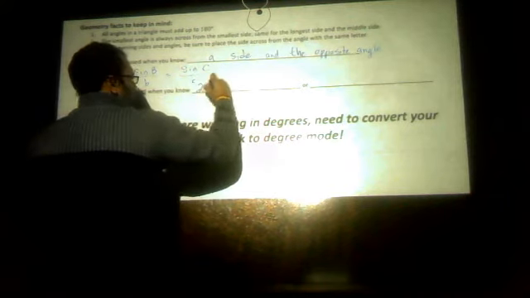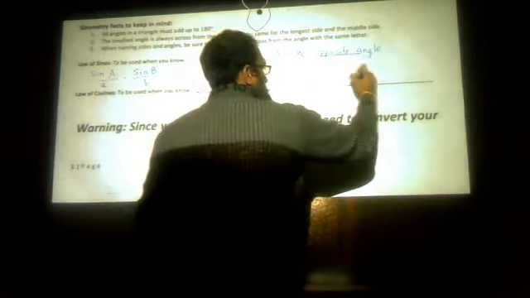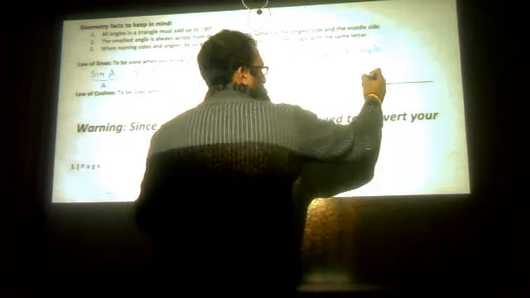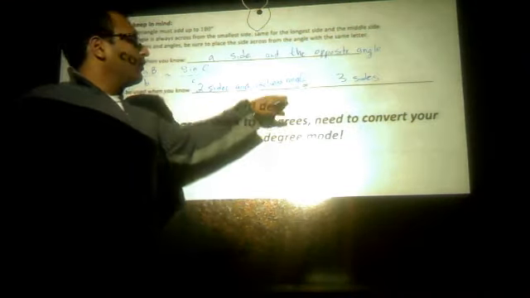So the law of cosines, when are we going to use the law of cosines? There's two situations when you can use the law of cosines. To be used when you know two sides and the included angle, or if you know three sides. So if you know two sides and the included angle, or if you know three sides, you can use the